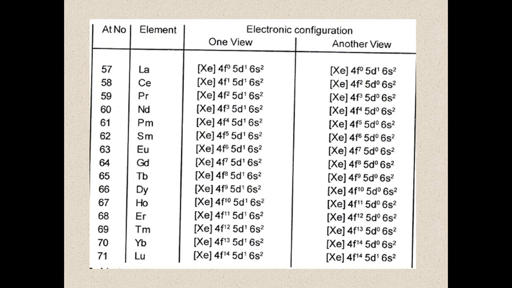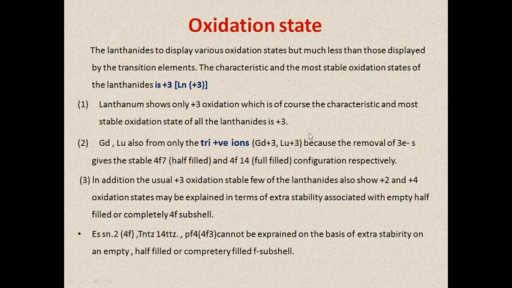In the one view, from lanthanum to lutetium, the electron enters into the 4f subshell, 4f0 to 4f14. In the other view, the electrons enter into the 4f subshell: the first one 4f0, in the second element the electron enters into 4f, and the two electrons enter into 4f coming to cerium. Next 4f3, 4f4. In these electronic configurations, the 5d has zero electrons, 5d0. Here the 5d1 is there. So it is one view, and another view of the electronic configuration.